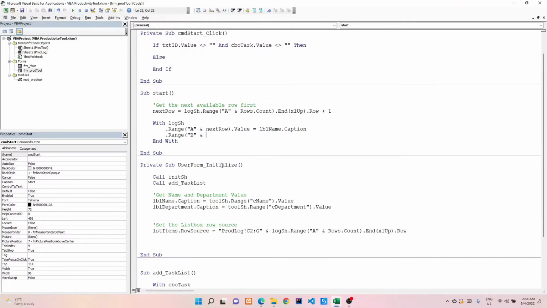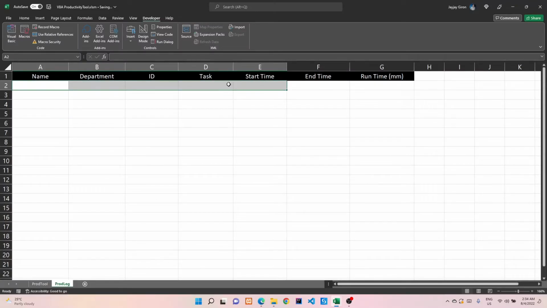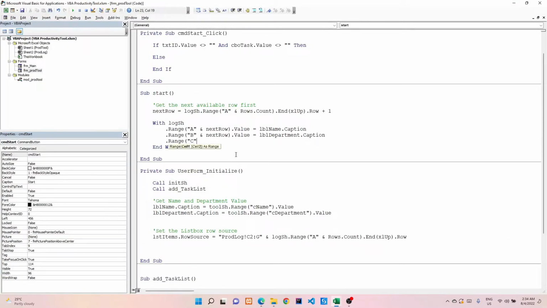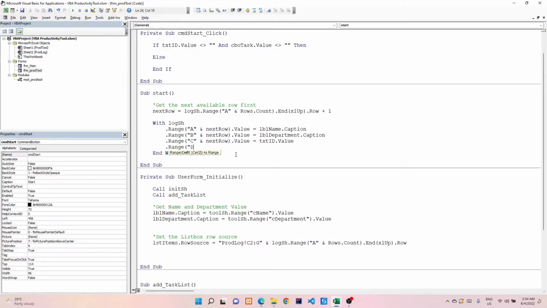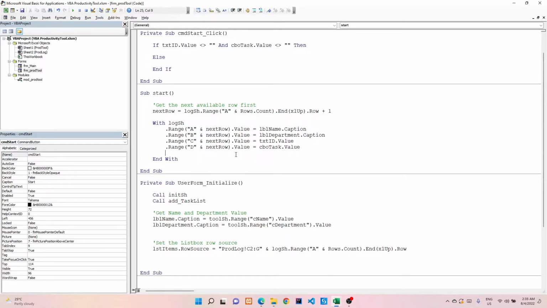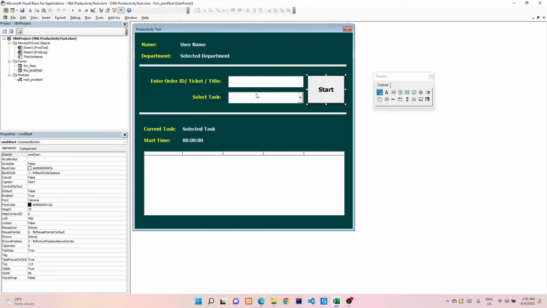For the B, it's the department, so that should be, then next to that is the ID, and that is the txt ID dot value, and then task, that is a combo box, so cbo task dot value, and next is the start time. So we don't have a start time in our user form,